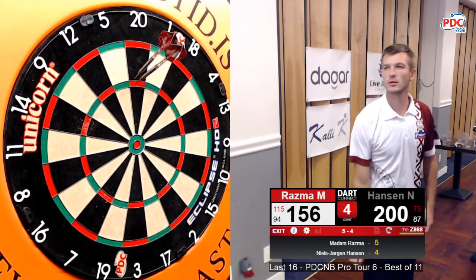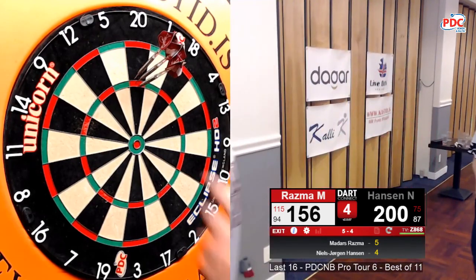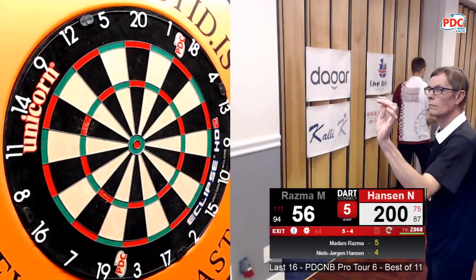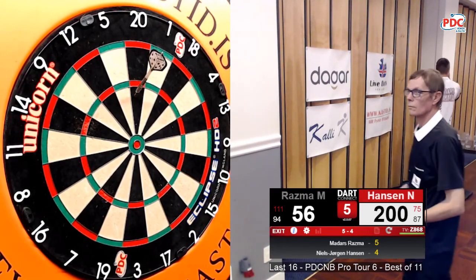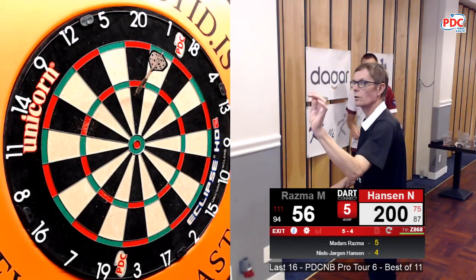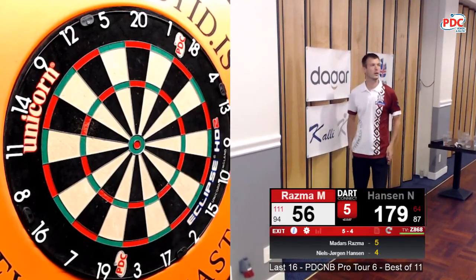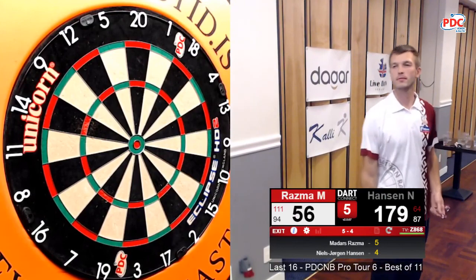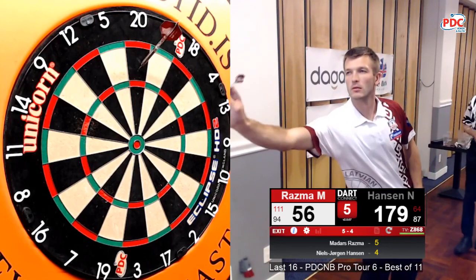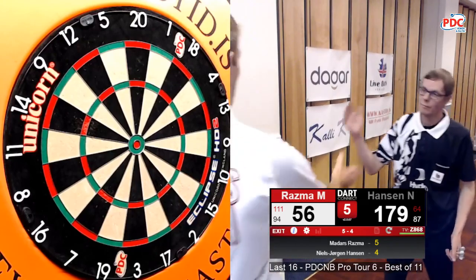So Madars will be back for 16, perhaps. 100. 56 will do. Now I'll be interested. See if he's going to go 18s or tops here. It looks like he's been avoiding the 18s, but I'm guessing 28, double 18. Yes, of course, his favourite double, or his second favourite of the day. Double 18, and it's there. And Madars Razma is through to the